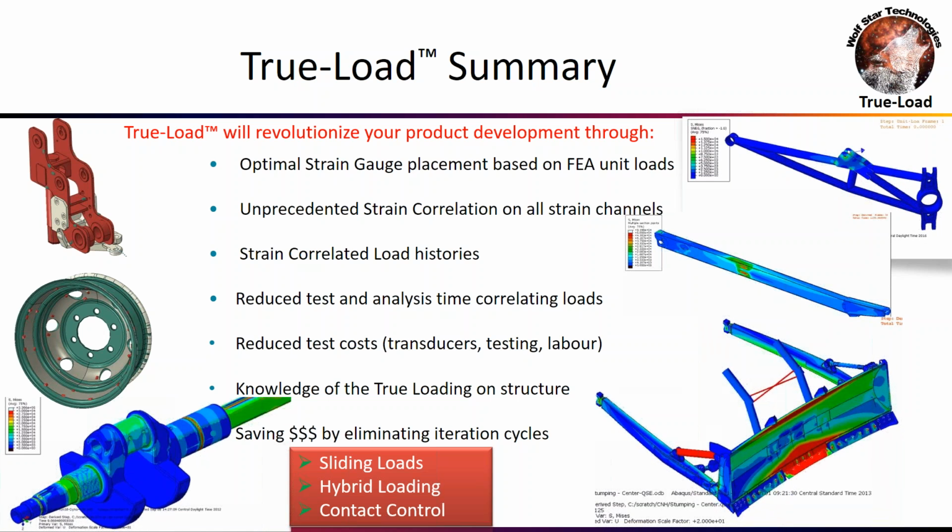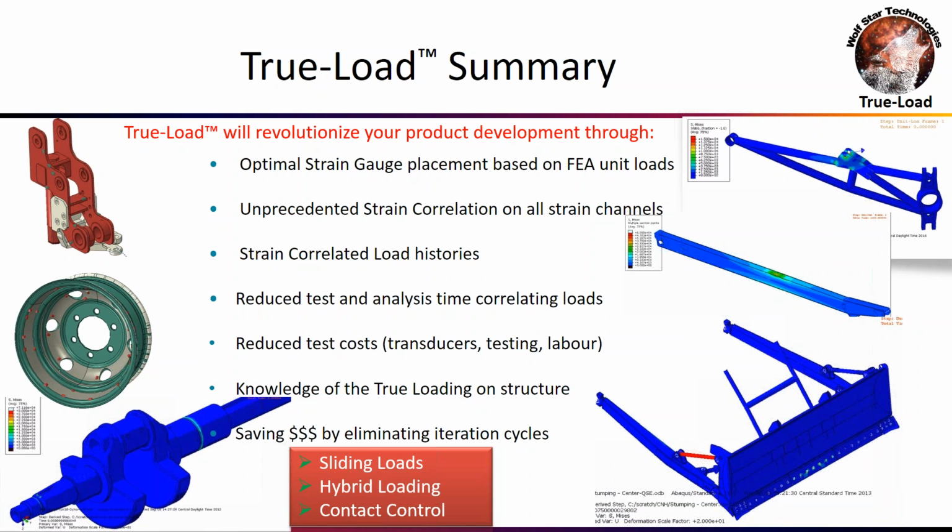So uniaxial strain gauges cost about $10 a piece and take about half an hour or so to instrument. So you compare that to buying expensive load transducers or accelerometers, not being able to make heads or tails out of the data. So we can really reduce your test costs, and then you're basically going to get excellent test correlation, and now you can use those loads to do the right thing by design, and the engineers and the analysts will go in and give you the right design and analysis tools.